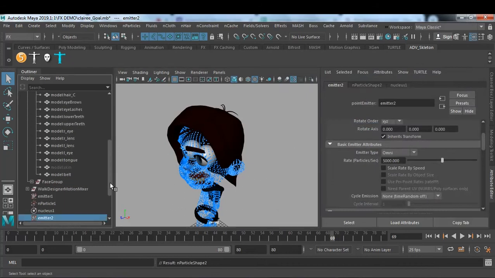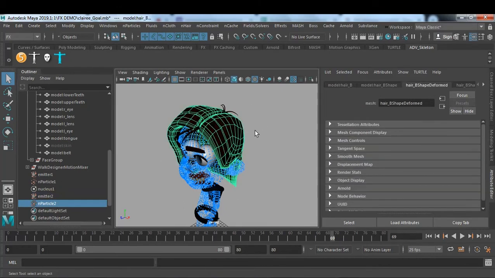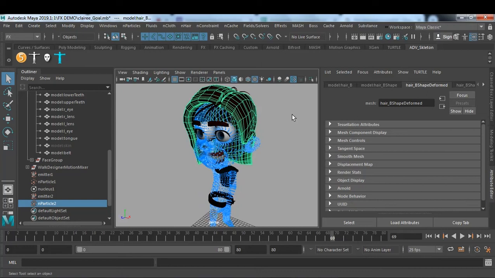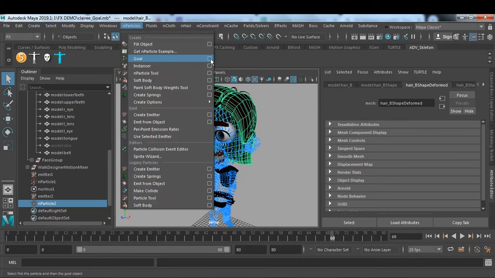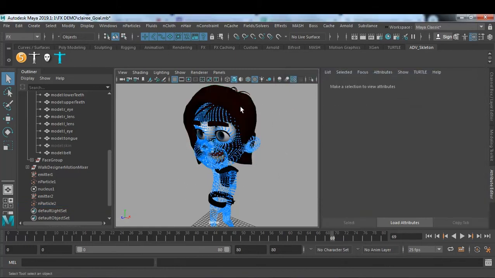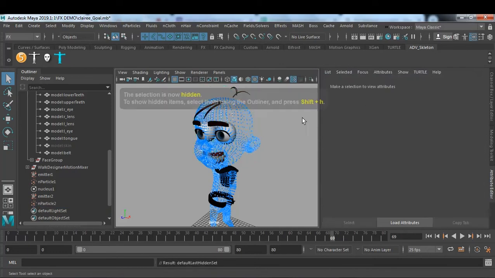And simply what you have to do, we have to select another particle set and just shift select the surface, hair surface, and now what you have to do is just go to nParticle goal and just hit on the create option. And I'm going to hide the surface, Control H, hide the surface, and if you just hit the play icon